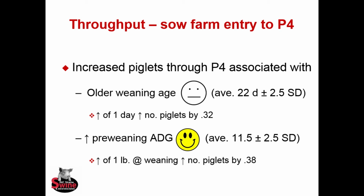So for the Cassidy study, if we look at throughput, sow farm entry to parity 4, increased piglets through parity 4 was associated with older weaning age. I didn't put a happy or a sad face here because you may or may not be able to change your weaning age depending on the system that you're in. The average age for the data set was 22 days, and so an increase of 1 day in weaning age increased the number of piglets produced through 4 parities by 0.32. There's been some work done at NC State that shows around day 24 that piglet has a better developed gut, and so